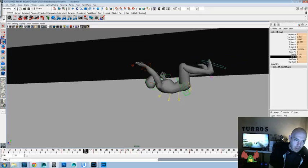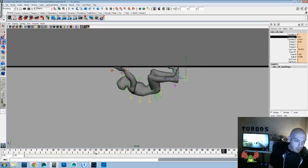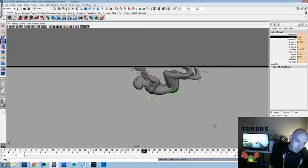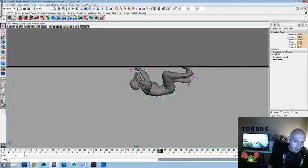Okay, now we gotta make sure that we get rid of that intersection by raising that foot back up again. So we want to take those translate Y's and kick them up a bit. Save what we have here, and let's see if we can't play up the rotate C over here. I think it's the rotate